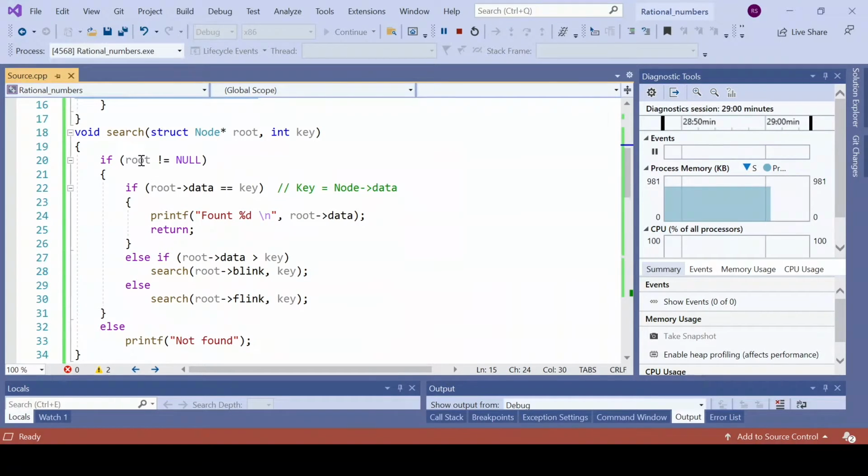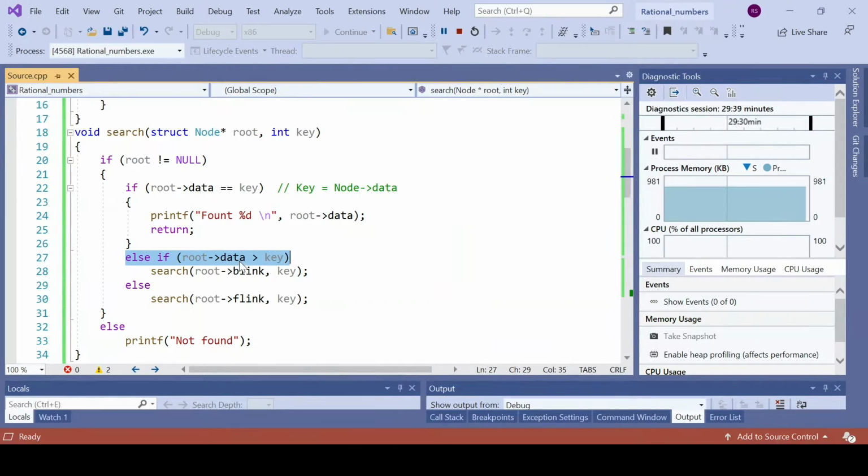Coming to the search function, the search should capitalize on the characteristic of the binary search tree, where the values are divided into the left subtree and right subtree. When you want to search for a particular number, it is compared with the root to see whether it's greater than, less than, or equal to. If it is equal to the root, then what we are searching for is already found, so we can end the search with the return statement after printing that the value is found. If not, you have to go either to the left side or the right side. That decision is made here.